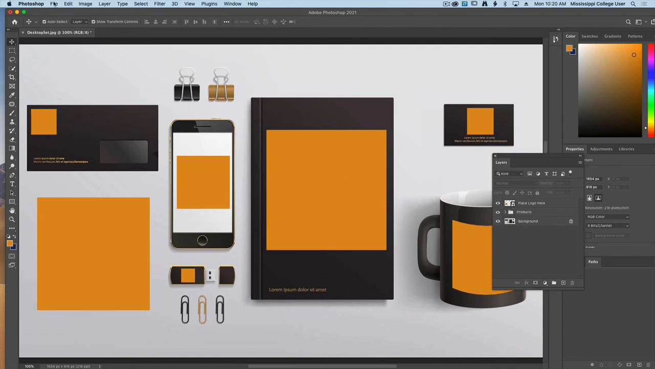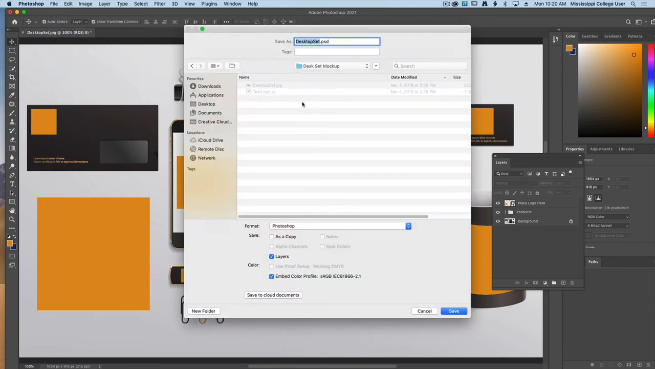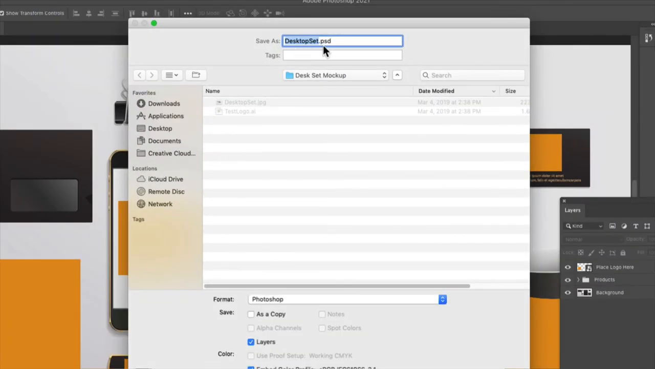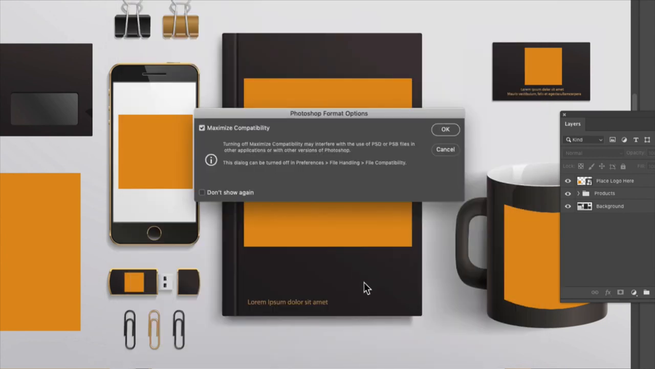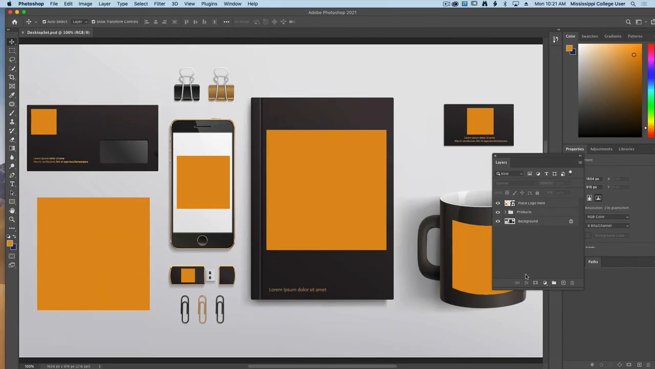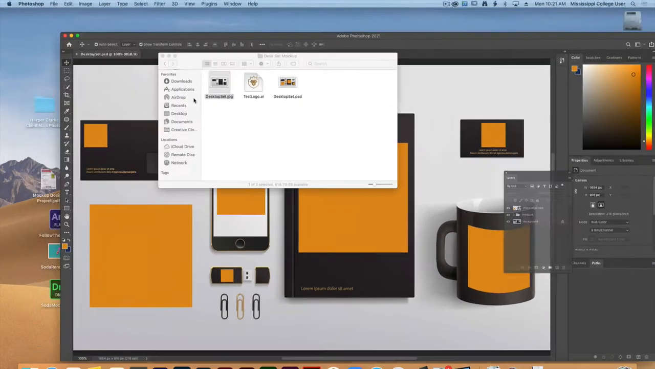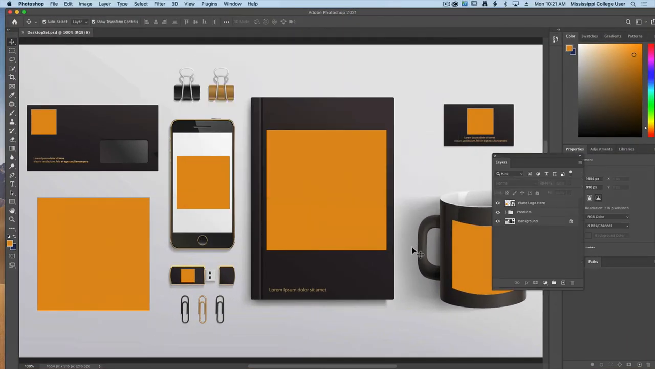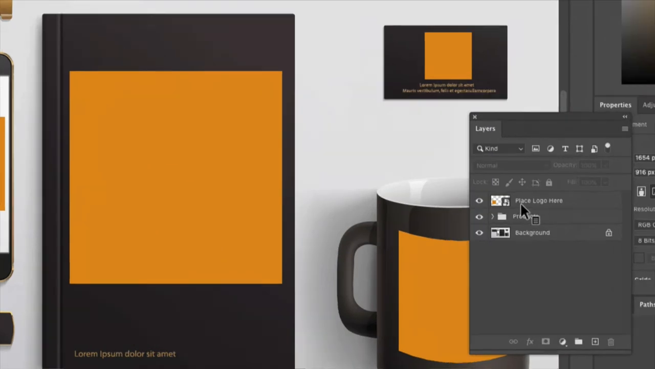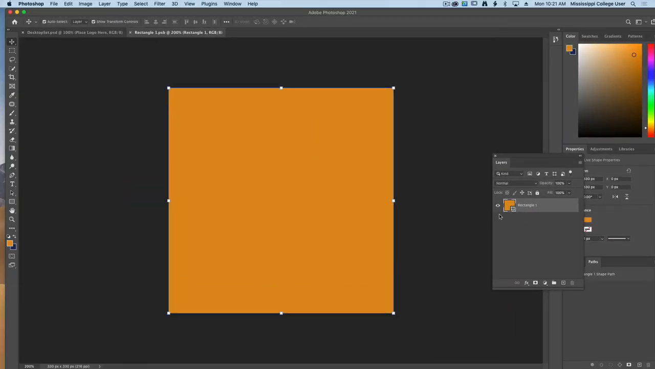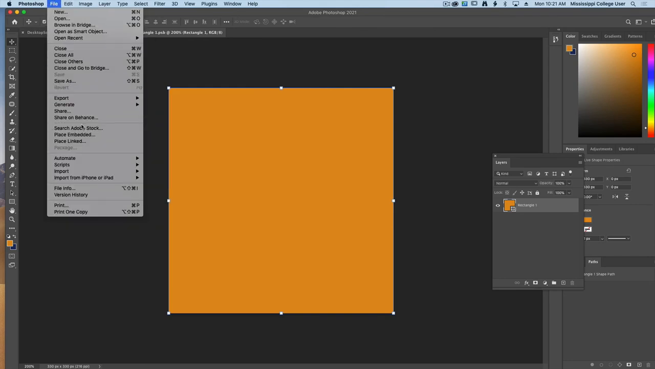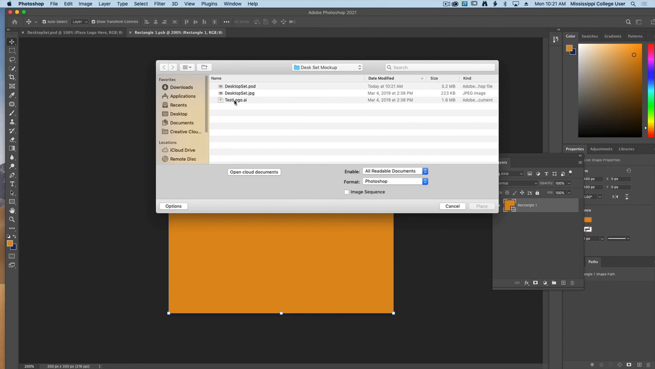Before we test it, let's go up to File and save this as a Photoshop file. We'll call it our desk set, make sure the format is Photoshop, and make sure you've got your layers saved up as well. To test it, I've given you a test logo, and this is a vector design. So we're going to double-click on the smart object, and let's place it inside of this area. So we'll go up to File and Place. We'll choose our test logo